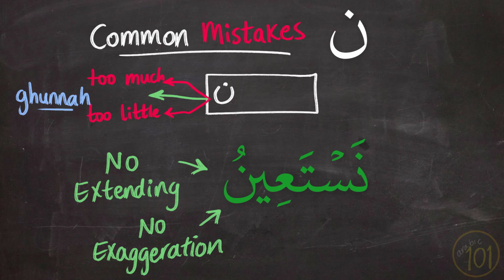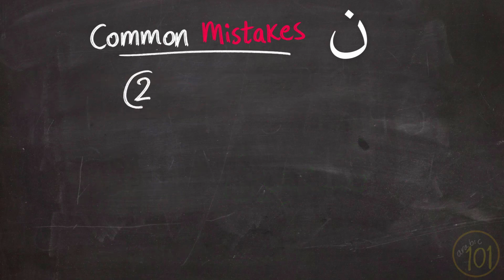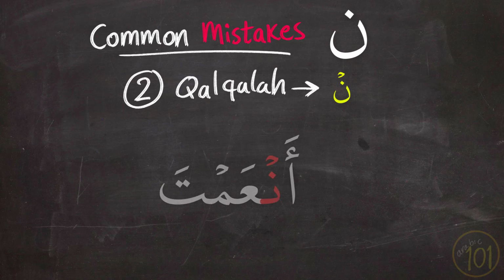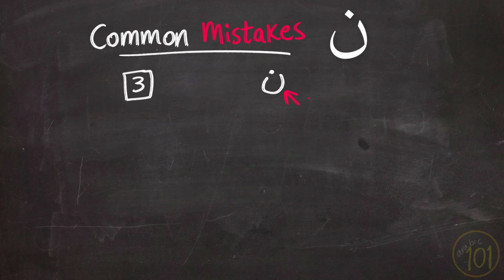The next common mistake is performing قلقلة, which happens when Noon is in the middle of the word and it has sukun. This mistake is very common, especially in Surah Al-Fatiha, in this word. أنعمت عليهم. Now that is a mistake, and it should sound like this. أنعمت